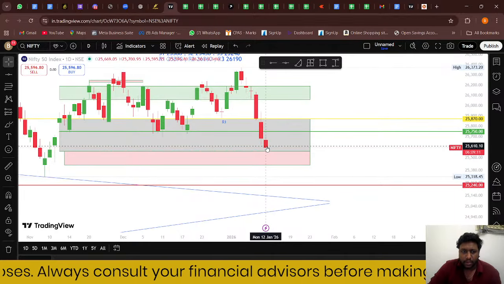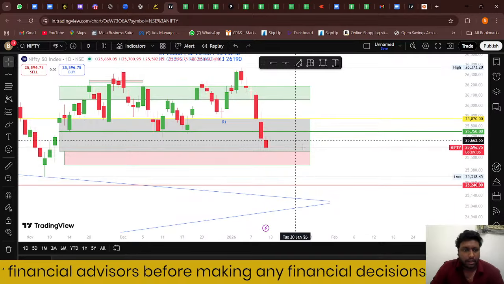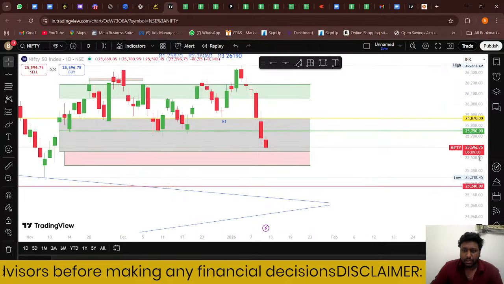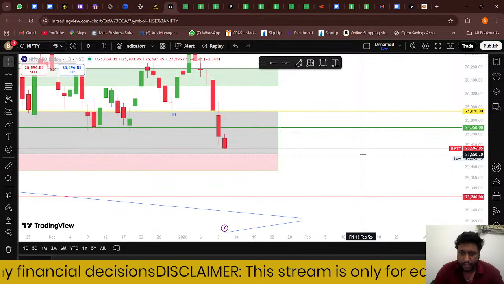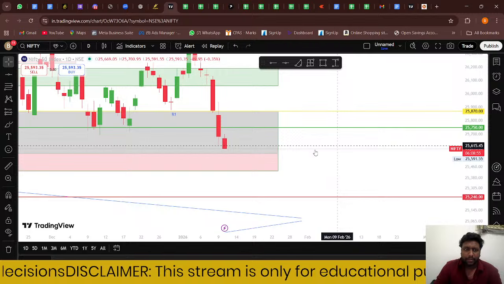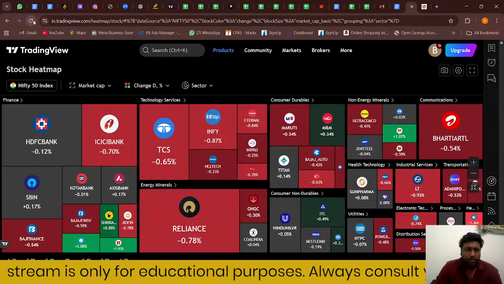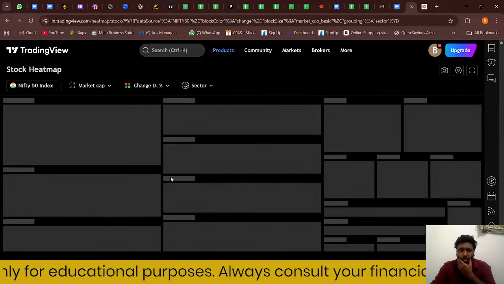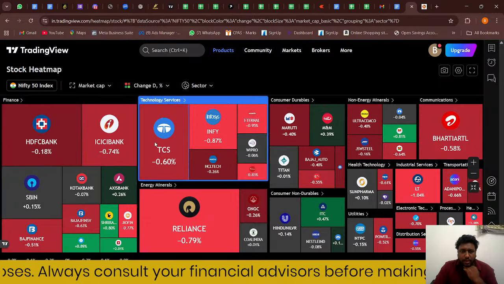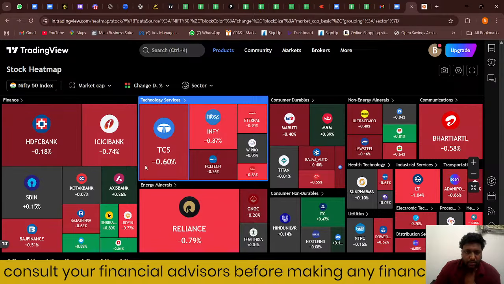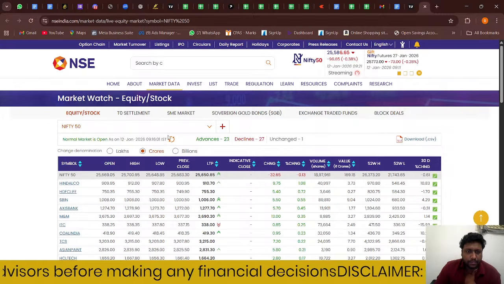The market is dropping heavily, if you see, and we can plan a trade entry from this particular level if it is breaking down support one. After breaking support one, we usually get a retest back at this level, then we can plan an entry with respect to that. It's heavily reddish, all the heavyweight stocks as well, and the IT sector is all red if you see. So it indicates bearish sentiment.